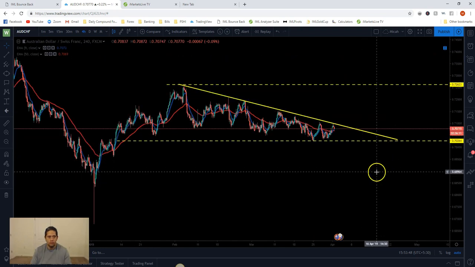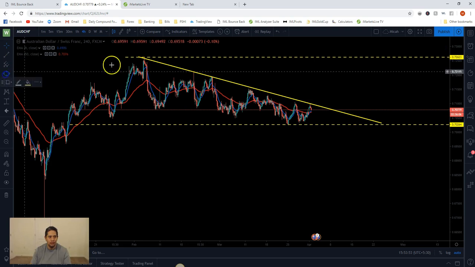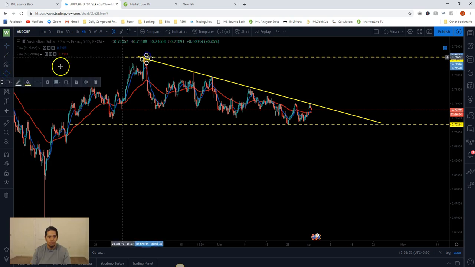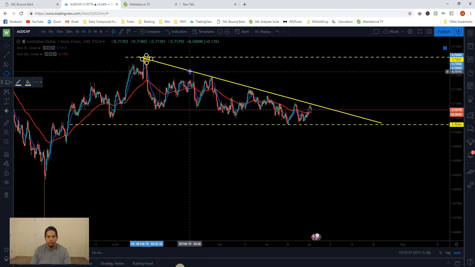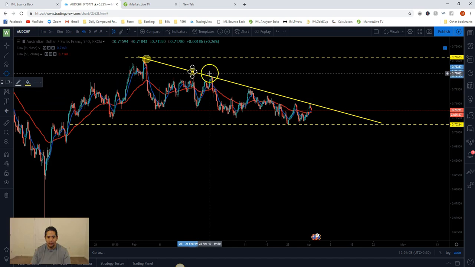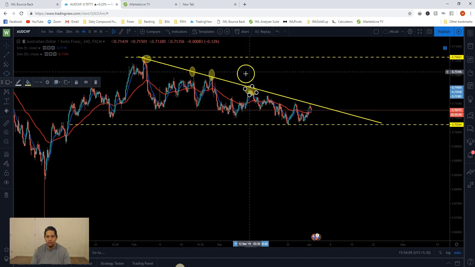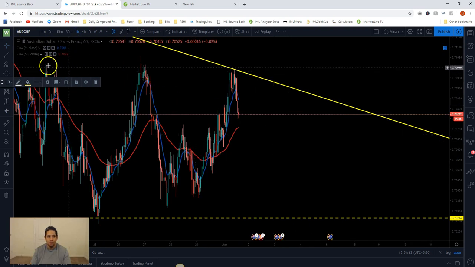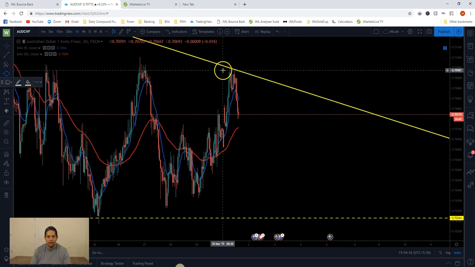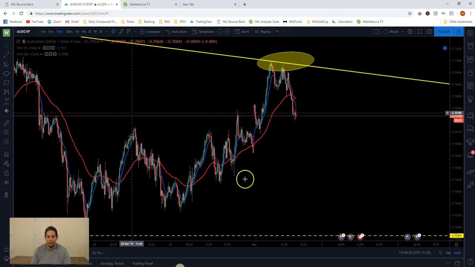Okay, here we go. On the higher time frame, you see what's happening. It came back, dropped, came back, touched this trend line, dropped again, touched the trend line here, dropped again, came back, almost touched this trend line. You see that pattern. So it called a sell on the 1 hour, and look what it did here. Touched again. So on this 1 hour, now we drop to the 15 minute.